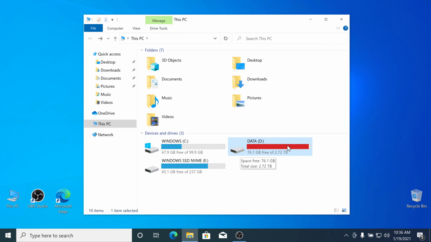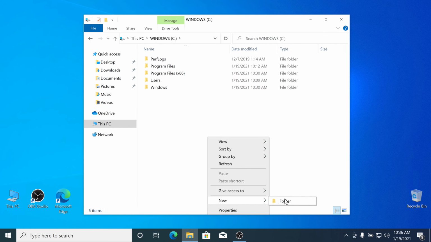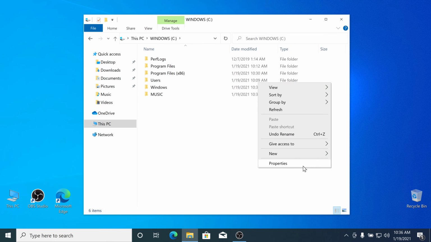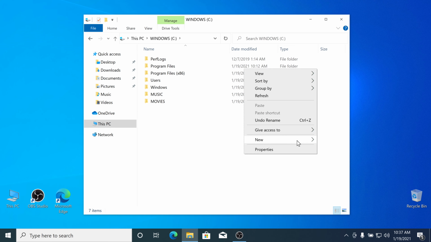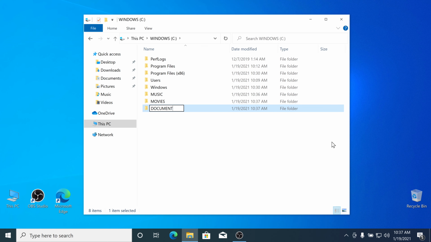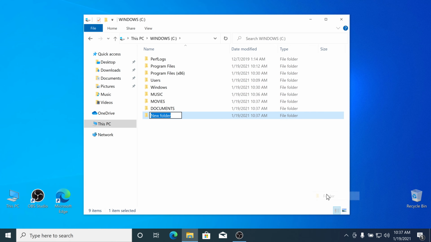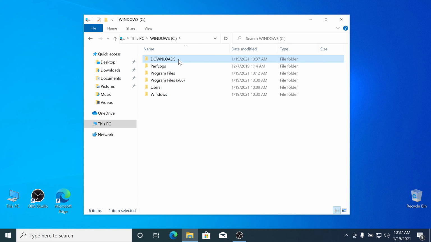Then access the other partition and make folders such as music, movies, documents, downloads, and so on. For this purpose I will only use downloads and I will show you why later.